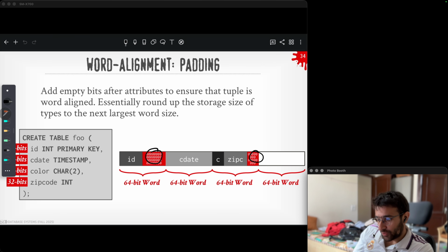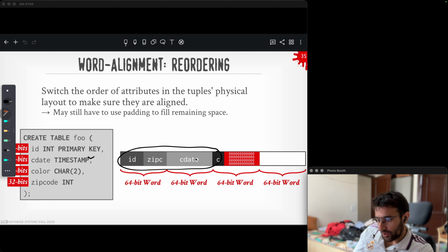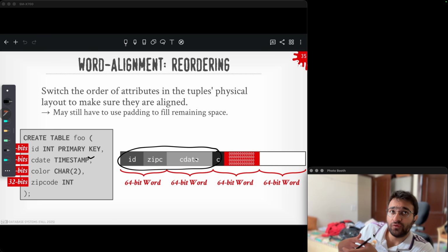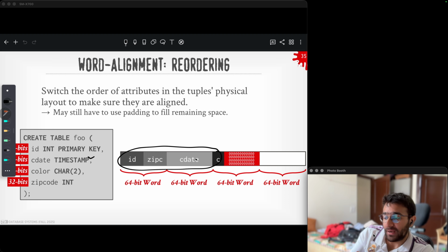So in both these cases, we are occupying three words, that is 24 bytes. But there might be some cases that when you reorder things, you might not need padding and you might not waste space at all. But instead, you would reduce space. Like you won't need padding, and the space you might be using in padding would be significantly reduced by reordering